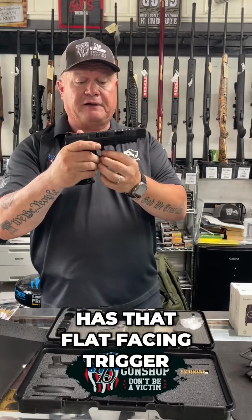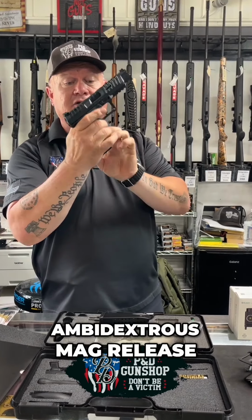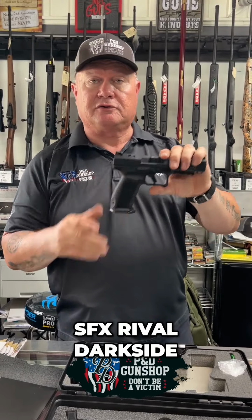It has that flat facing trigger on it with the trigger safety as well. Ambidextrous mag release. You can see all the details on this gun. Again, this is the Canik SFX Rival Dark Side,